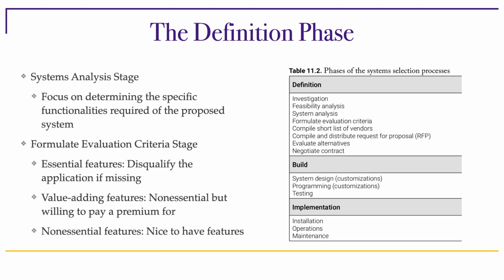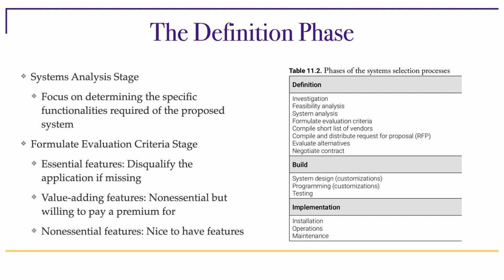This is where we start to diverge a little bit. So we have a system analysis stage similar to the system development lifecycle, but the focus here is on determining specific functionalities that need to exist, that will not be developed. Kind of a checklist of functionalities that we need. This checklist of functionalities gets then